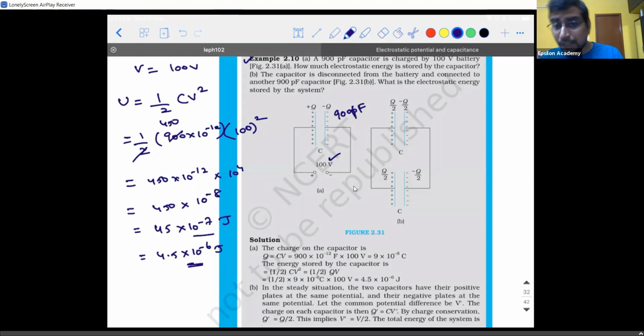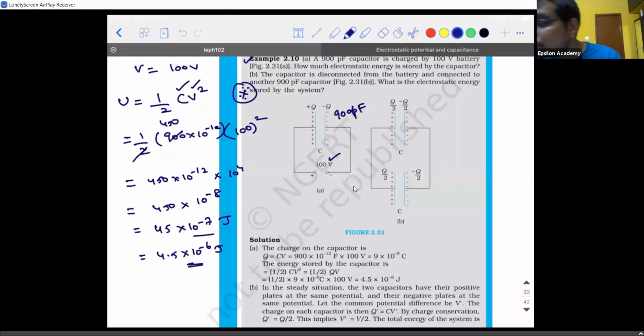Okay. Again, it is something similar to the way we found charge across the capacitor. Half CV square is applied only for that particular capacitor and the potential drop across that capacitor. Okay, V doesn't stand for the total potential difference. Don't make that mistake again. I hope it is clear. Second part is very important. Please make a note of this.